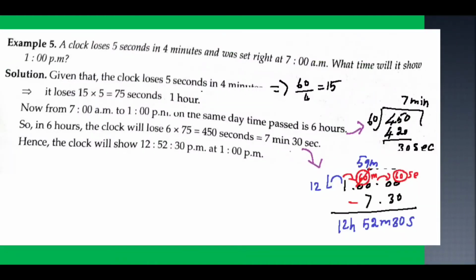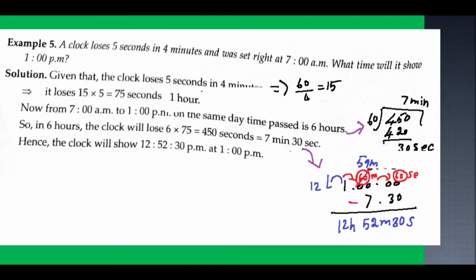Now moving on to the second type, that is the losing time. A clock loses 5 seconds in 4 minutes and was set right at 11 a.m. What time will it show at 1 p.m.? The clock loses 5 seconds in 4 minutes, so we are dividing 1 hour by 4, that is 15 minutes, and it loses 15 into 5,